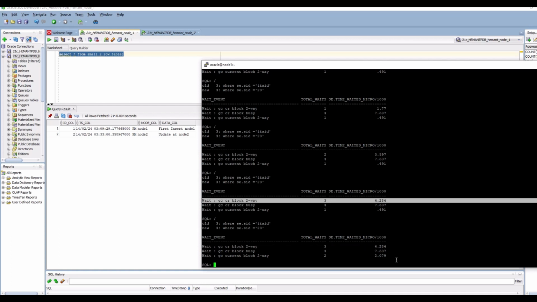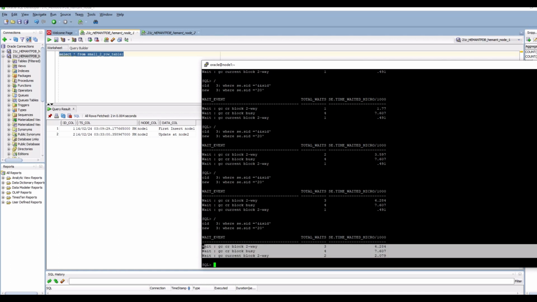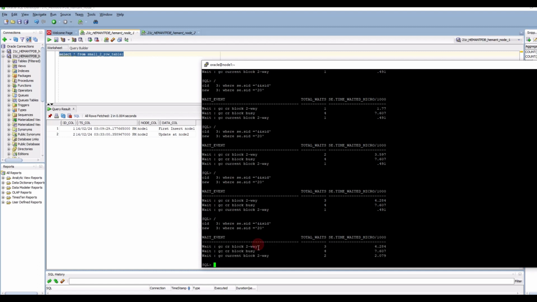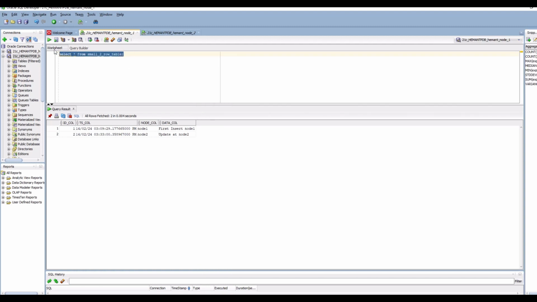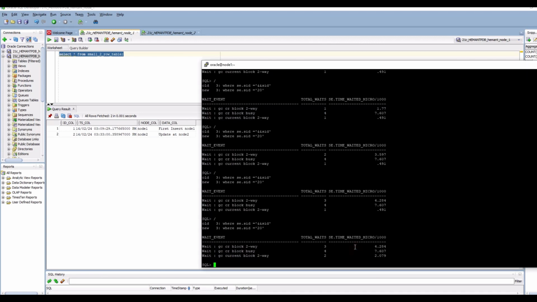Now there is no change. So after node 2 had done a commit, there were two times when node 1 still had to wait on just this event, this GC CR block 2-way. There's been no increment in the waits.